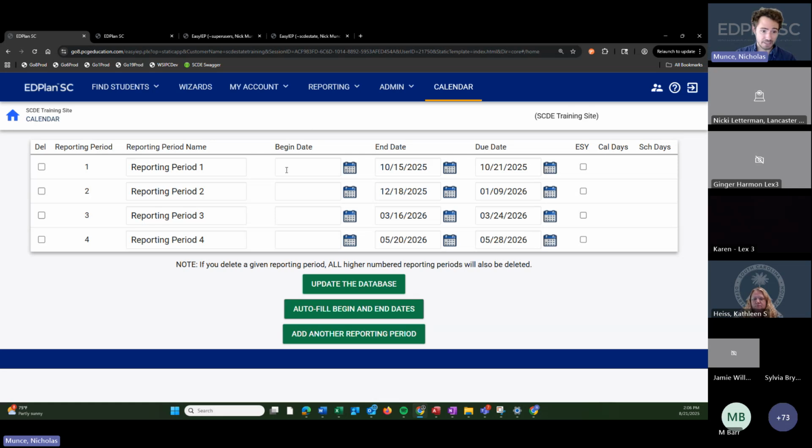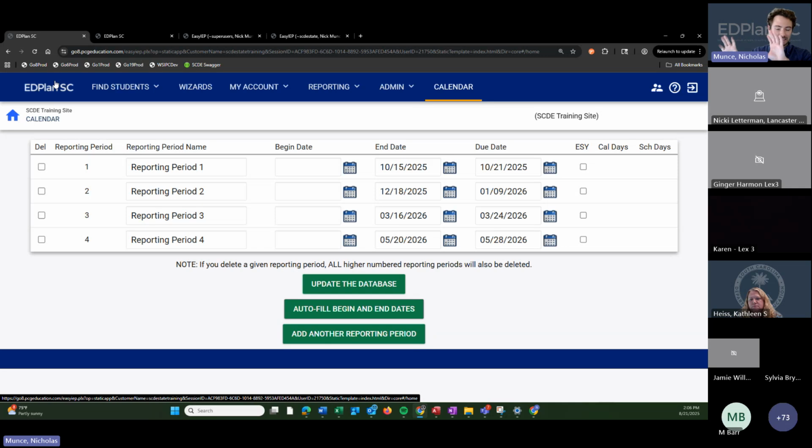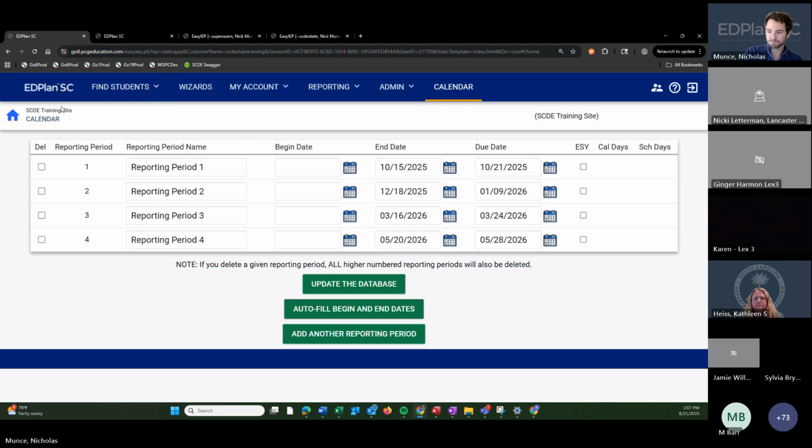There's also the option to do custom reporting periods for each of your schools. What I'm about to show you, you do not have to do. If you set the district reporting periods and leave it, all of your schools automatically inherit it. But if you want to cause different reporting periods at the school level, that's what I'm going to show in this next demo. So I'm going to leave the calendar because the calendar is a district level function and I want to go to a school level function.